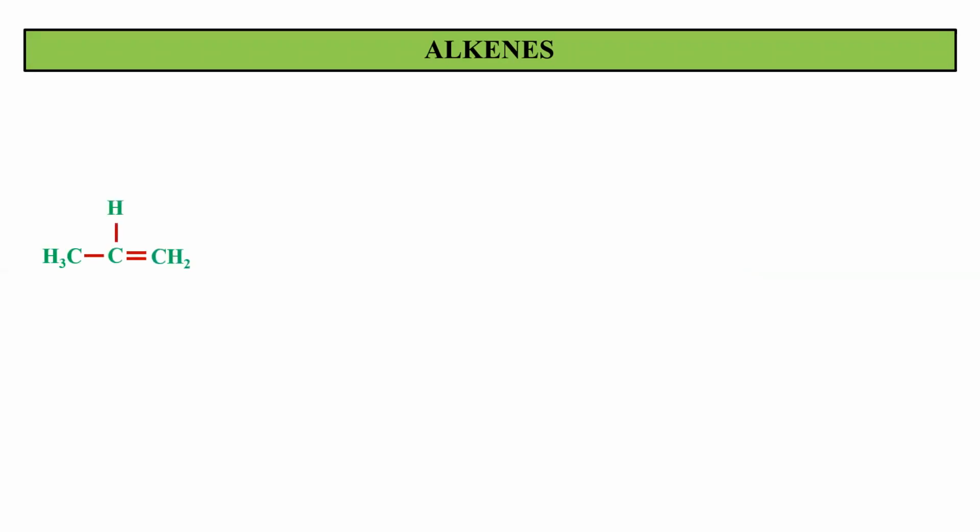Let's suppose आपके पास एक alkene है, you have a basic alkene, propene. To this you are adding HBr. Now, as we have learned in Markovnikov rule, that Br can be added to the primary carbon or Br can be added to the secondary carbon. Basically, वो दोनों जगह जा सकता है. So definitely, you will get two different products.